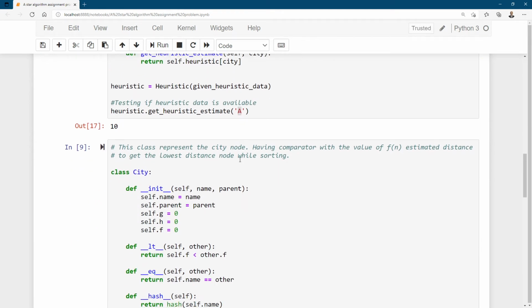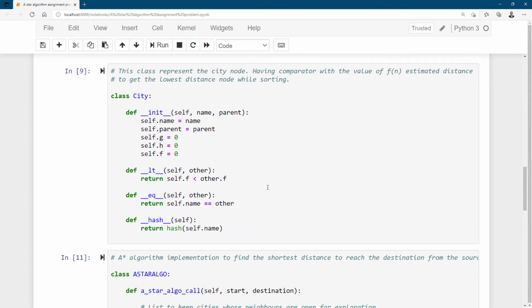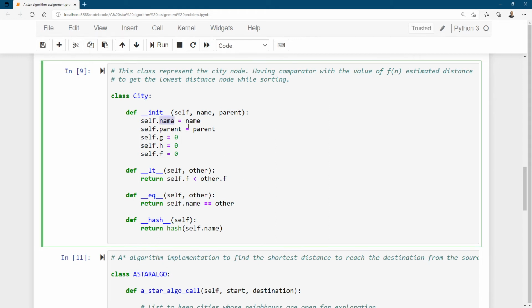Once we are done with the heuristic class, we will create the node class. Here our nodes are the cities, and the parameters required for that city node are the name of the city, the parent of the city to backtrack the path, the value of g, that is the cost to reach that node from the start node, the value of h, that is the heuristic estimate of that city, and the value of f, the estimated cost of that city.